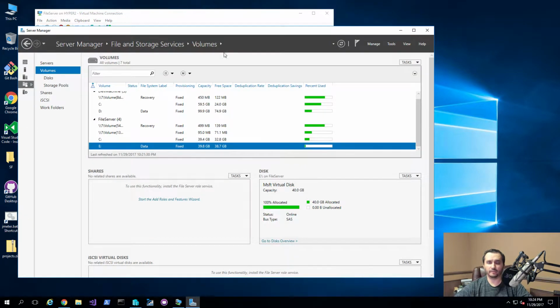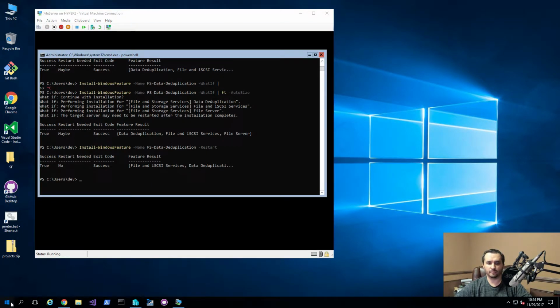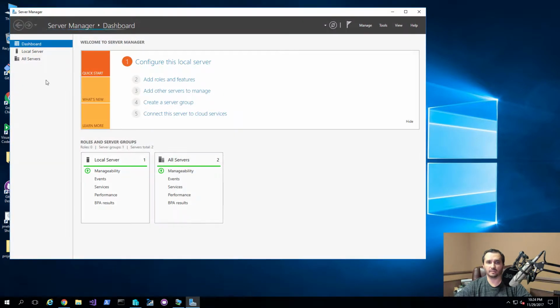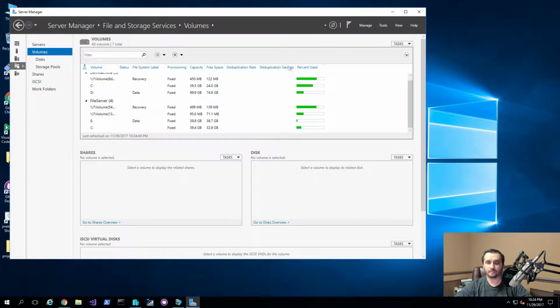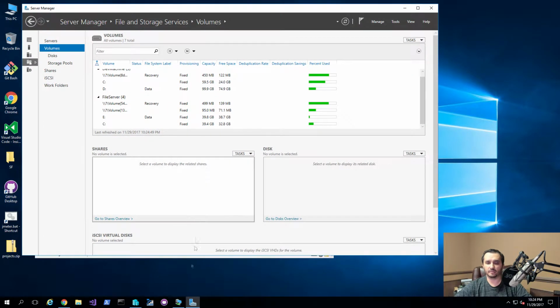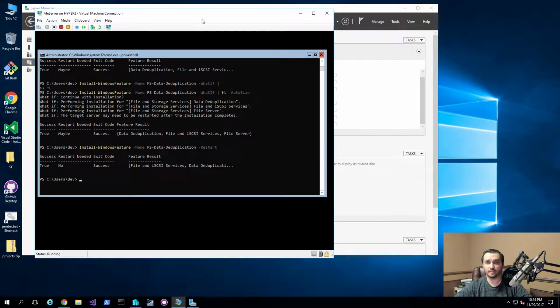I've also noticed that if you had Server Manager already up and running, when you're enabling some of those capabilities, it doesn't always pick up on the fact that you have deduplication enabled. So if I rerun this, you can see that deduplication rate and deduplication savings are not showing anything. Sometimes I've even seen it where the columns don't even show up. So I'll go ahead and restart Server Manager, and let's take a look to see if it changes anything. So it still hasn't changed anything,